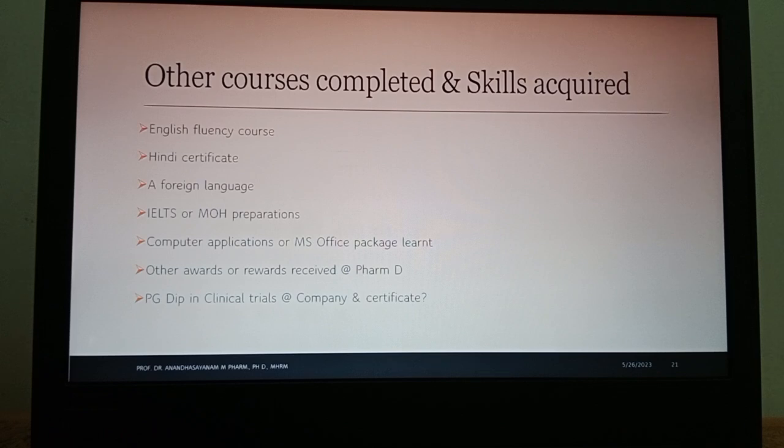I don't suggest this, but there are people who have done a PG diploma as well as PharmD, and still they are not able to crack the interview of a clinical trial company, because we don't study to acquire knowledge. We study to acquire certificates. Certificates can get us an interview ticket, not a job. So you will have to understand that attitude, skills, and knowledge, ASK, are what are important